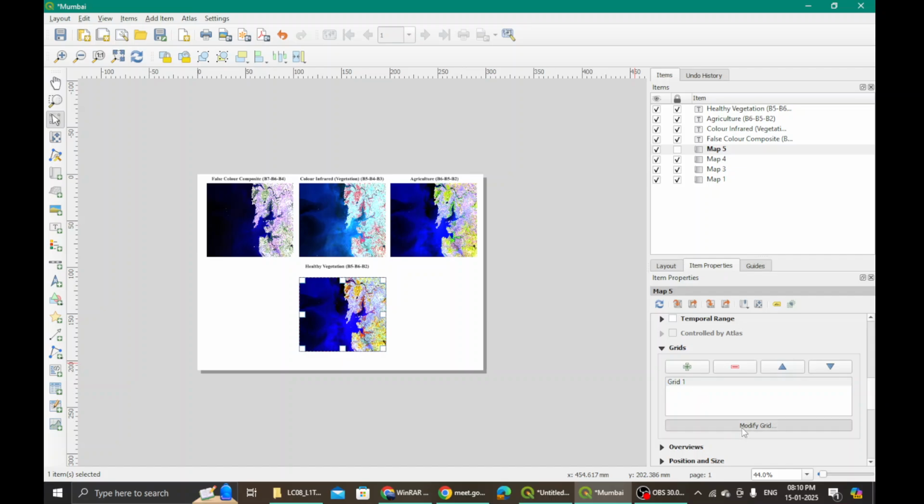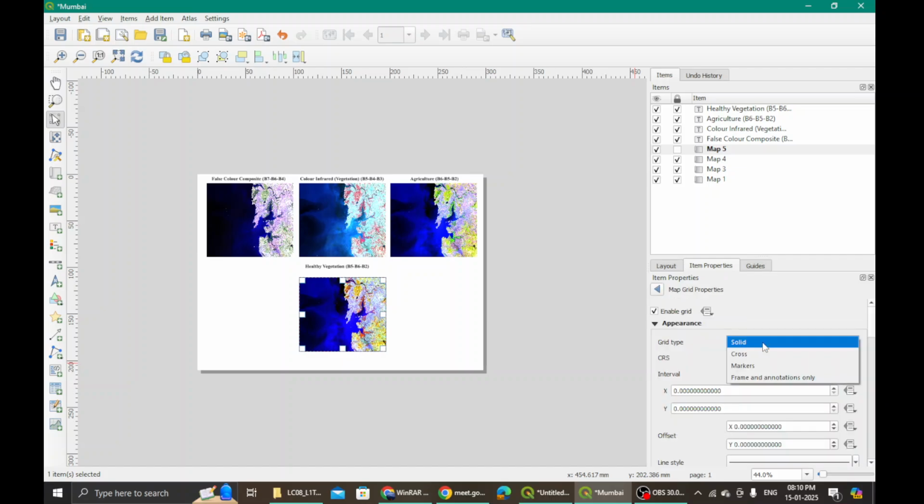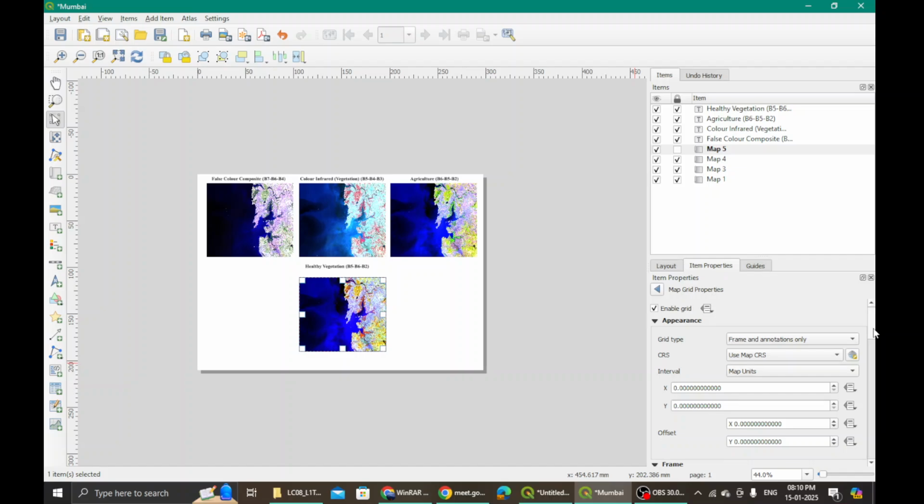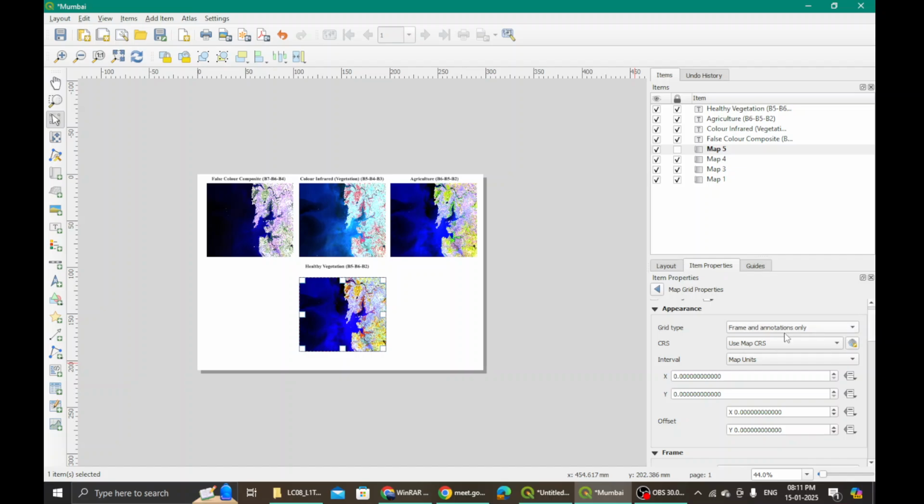So this grid, I will modify. I want to modify this grid. What kind of grid do I want? Frame and annotations only. That means I will get only the values and the markings. That's all that I will get. Interval. Let's say I want the intervals to be in terms of map units only.